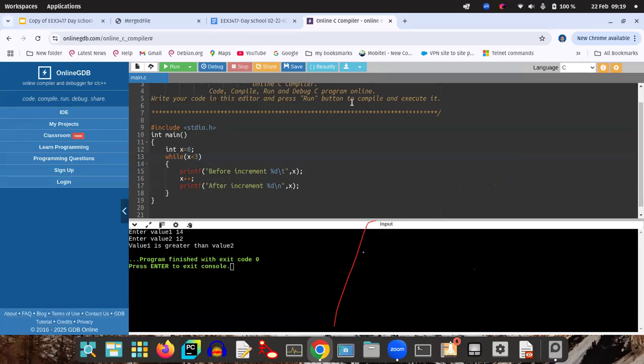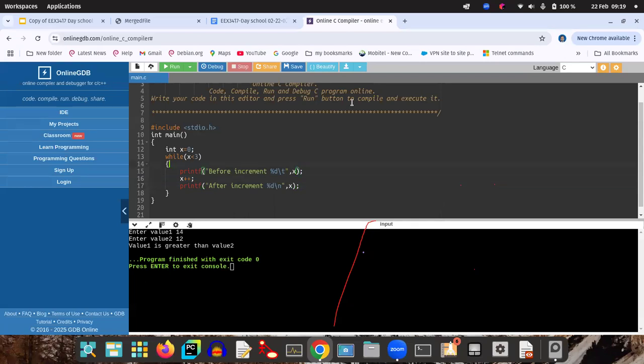The program will run until x is less than 3. At the beginning, it will be 0. Before increment 0, x plus plus, x will be incremented. After increment